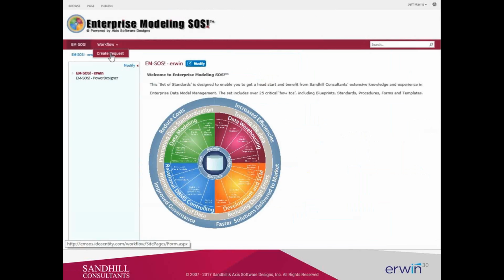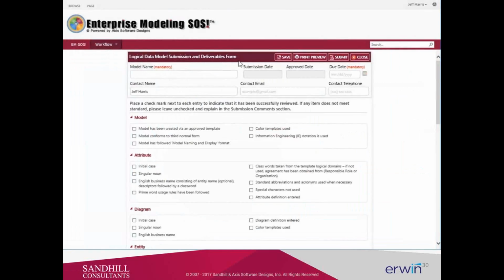So let's start off with the workflow and go and create our workflow. By creating our workflow, we will give the workflow a name. So the model name that we're going to be submitting is our CRM logical physical model. We're then going to set a due date. So when do we have to have this particular model reviewed by? So we'll select a particular date. We'll have who the contact person is, giving the name, the email address, and a telephone number